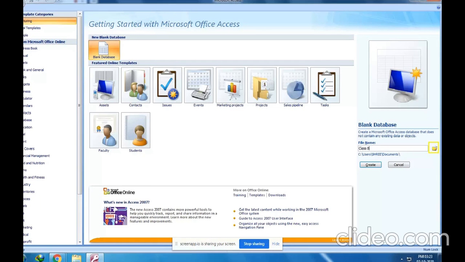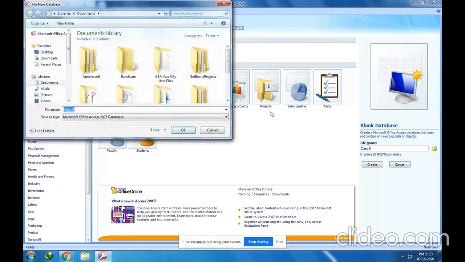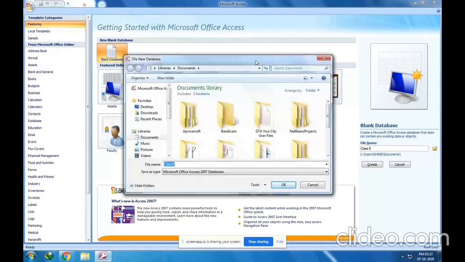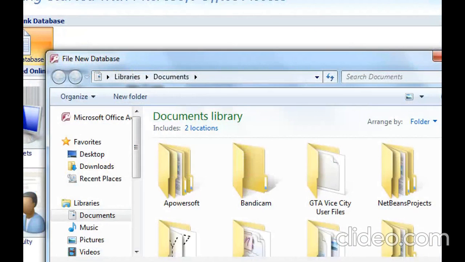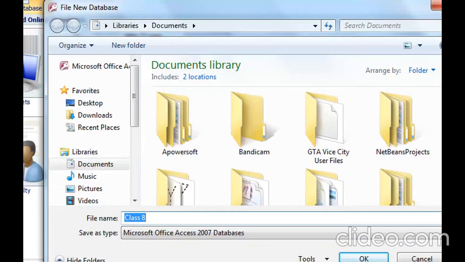I will click the folder icon. It will ask me, this is the dialog box, file new database. You can change the location to anywhere that you want. I will save this in D drive.